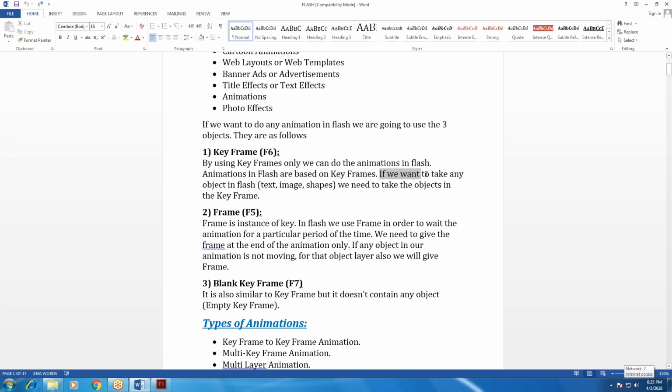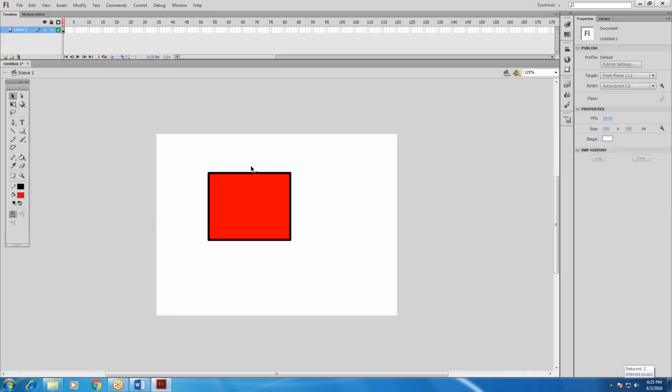If you want to take any object in Flash, object means text or image or shape, anything, we need to take the object in the keyframe only. For example, here I want to take one rectangle box.